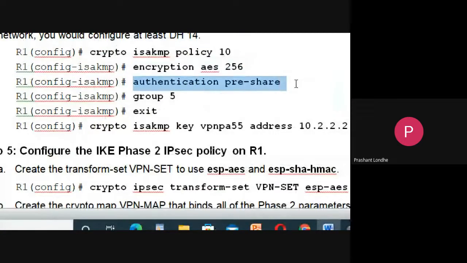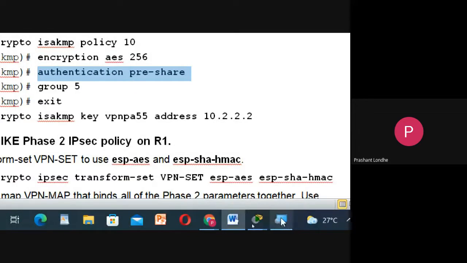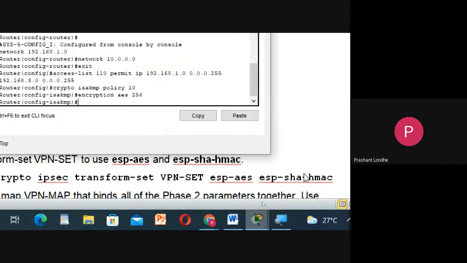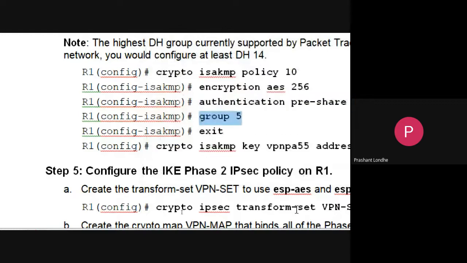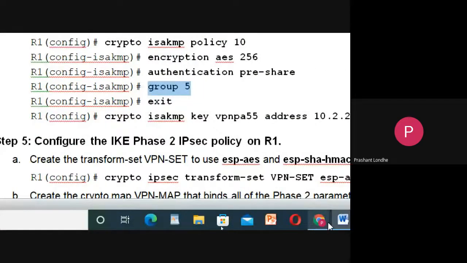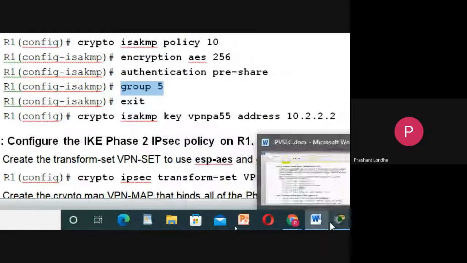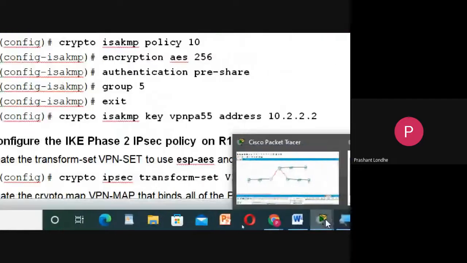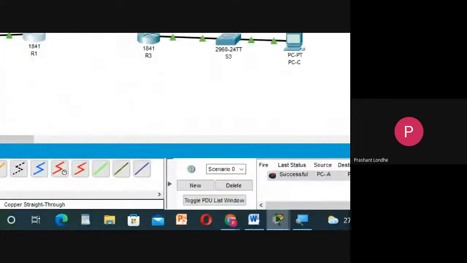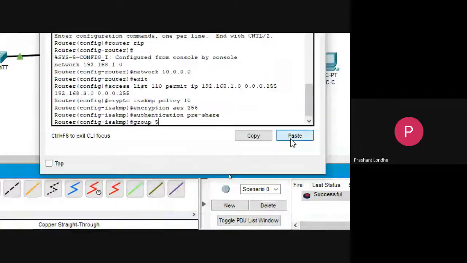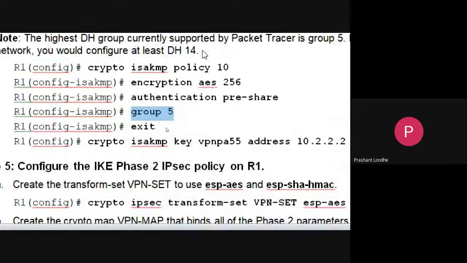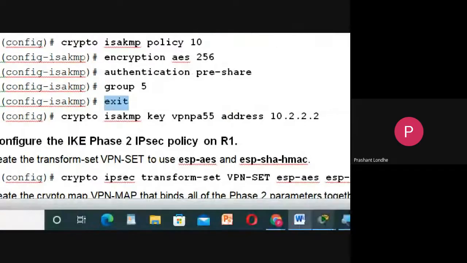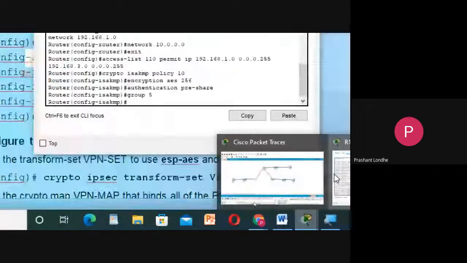Then authentication pre-share. Accepted. Group 5. And you can fire the command exit. So basically we have implemented the cryptography technique over here.